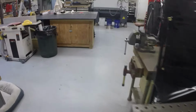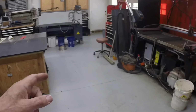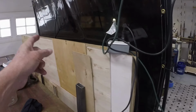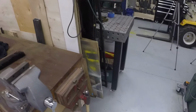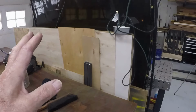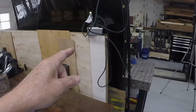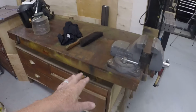So that covers most of the changes in the shop, except that the workbench that used to be here in the middle of the floor is now here. I've got my sheet goods rack with sheets of plywood in it here. It's on rollers. There's a video on the channel about 6 weeks ago where I built this rack, and it fits perfectly there. I can open the roll-up door, load it from that end, and pull the sheets out of this end to use them. And so this is my old workbench